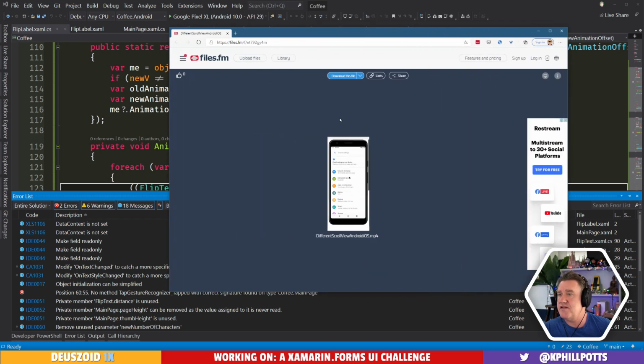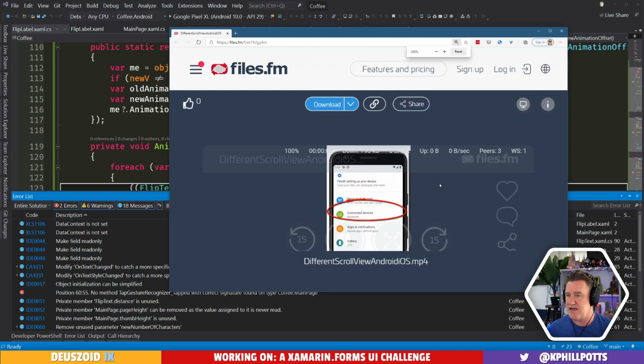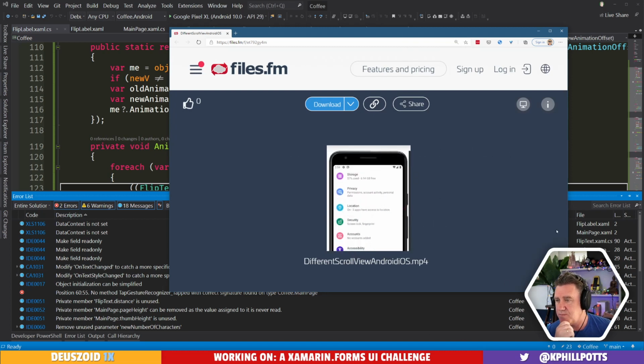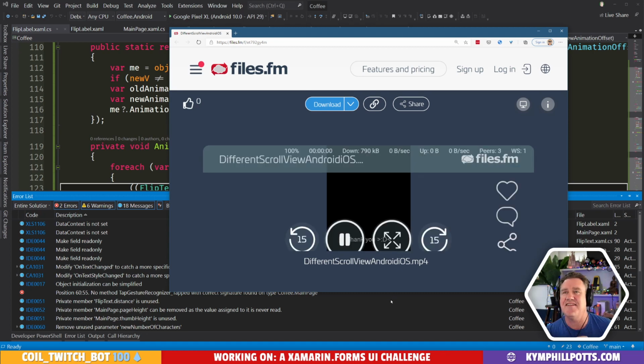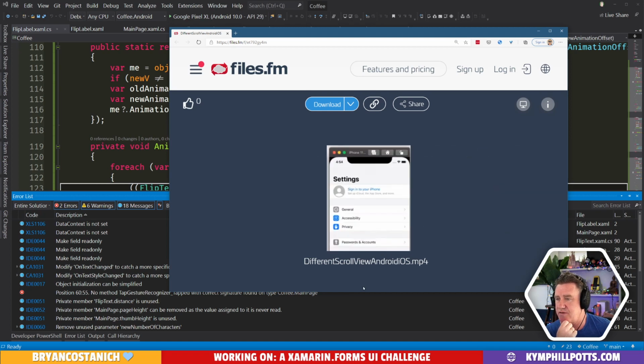So this is the page here. Let me see if I can zoom this up. This is the question from earlier on. How do we do this thing where when we scroll, I like the little thank you in there. How can I move items more below, like on the iPhone? Yeah, so on an iPhone, you do that.